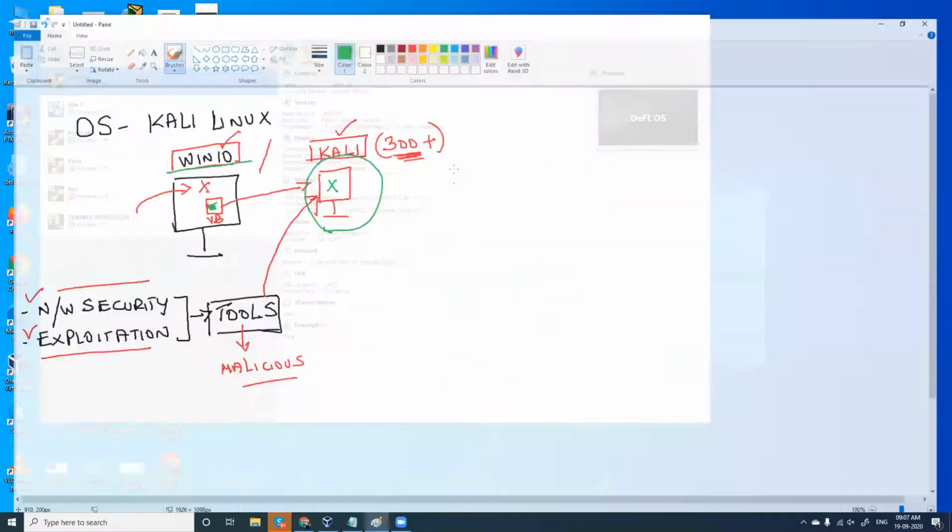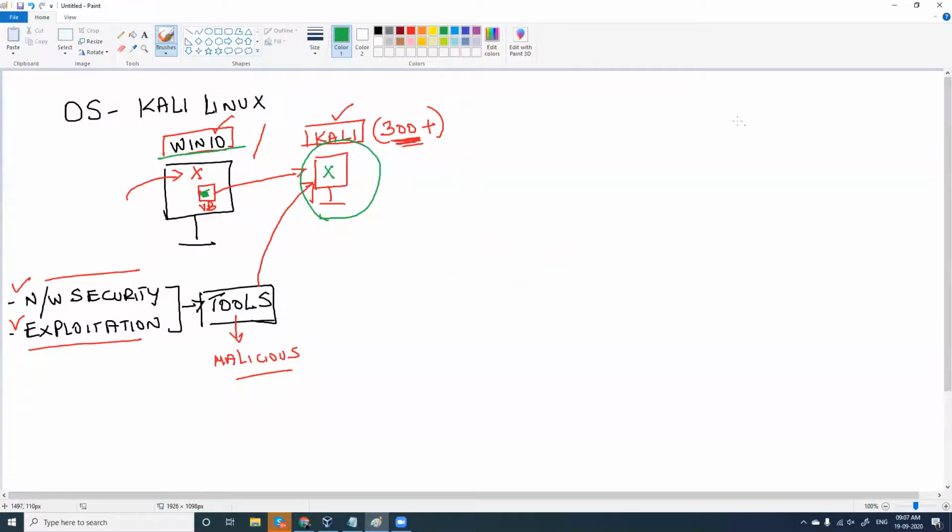So what do you mean by a sandboxed environment? In case you have a bomb which is about to blast, and you keep it on a plain surface, the impact is going to be huge, right? This bomb is going to cover a larger area. So what you do is place this bomb inside a box which is filled with sand. Now, in case the bomb blasts, the impact will be stopped inside this box. That is a sandboxed environment, right?